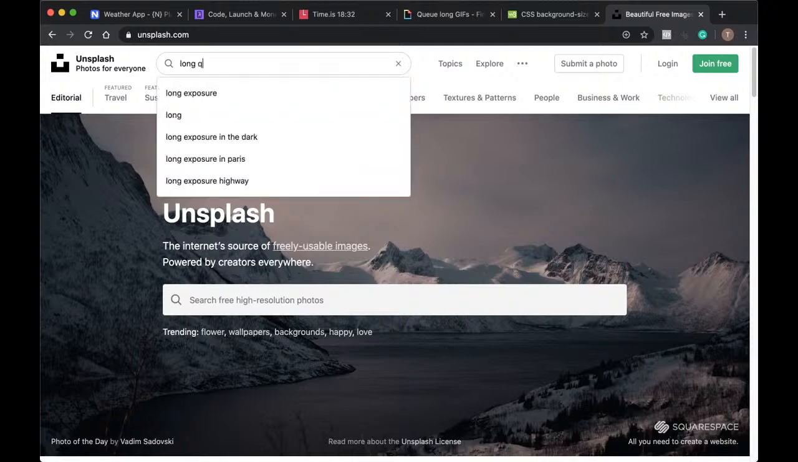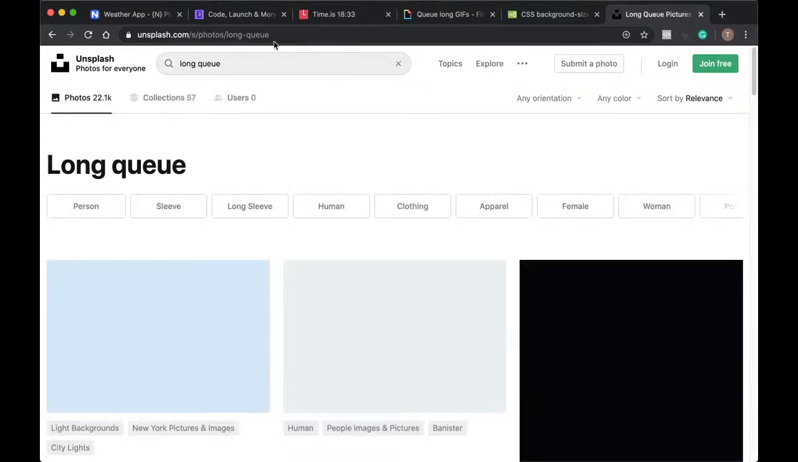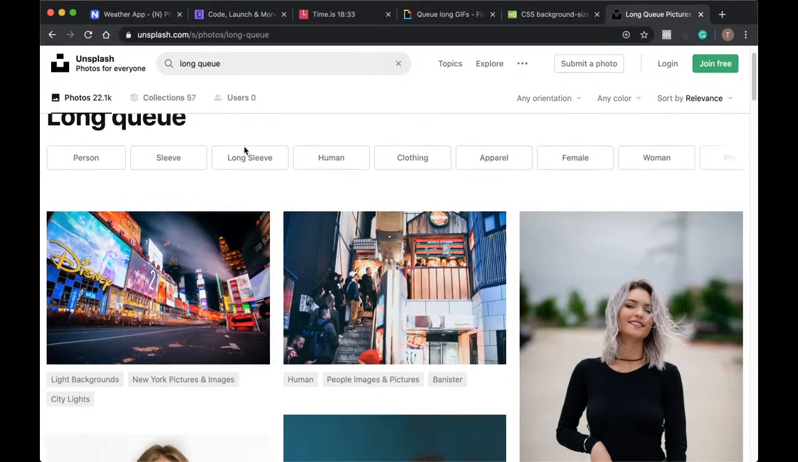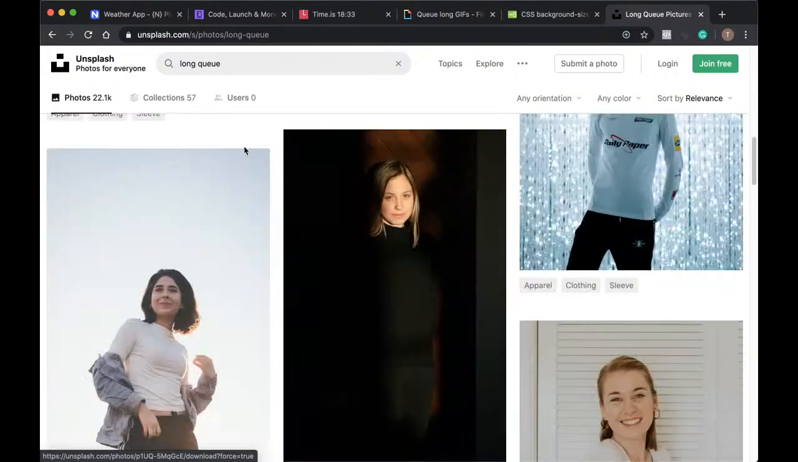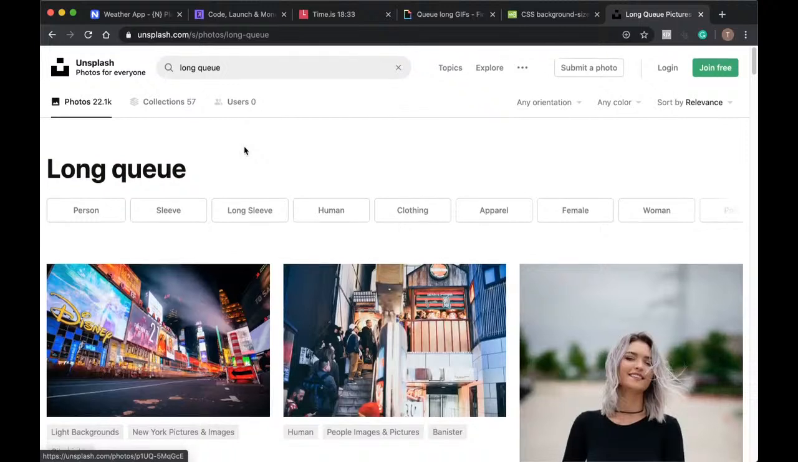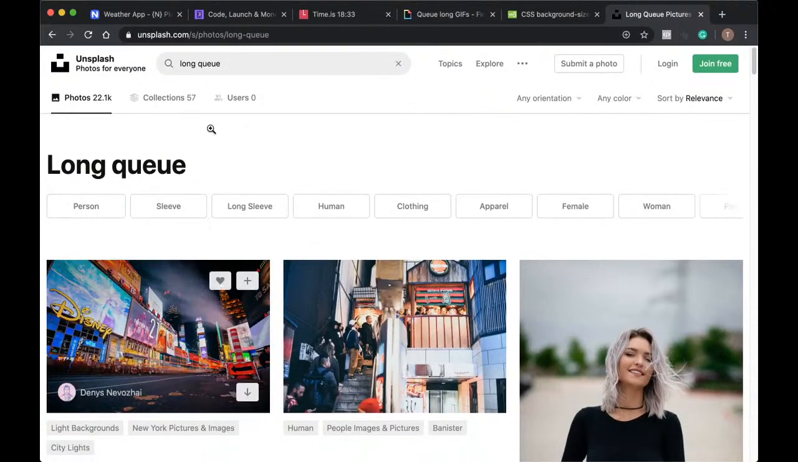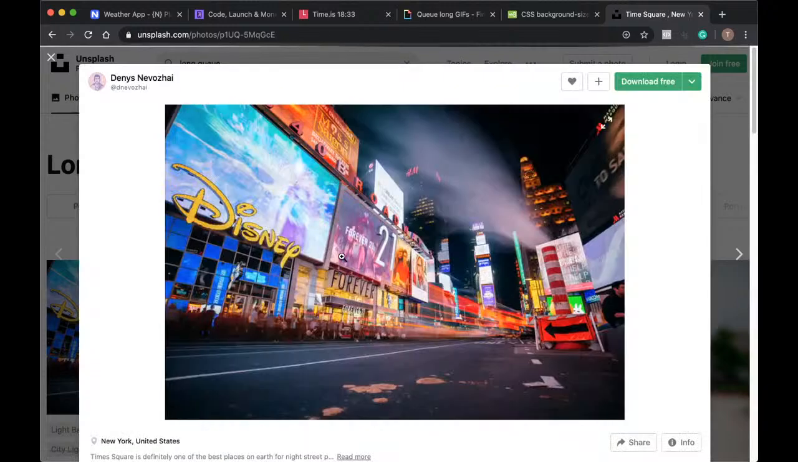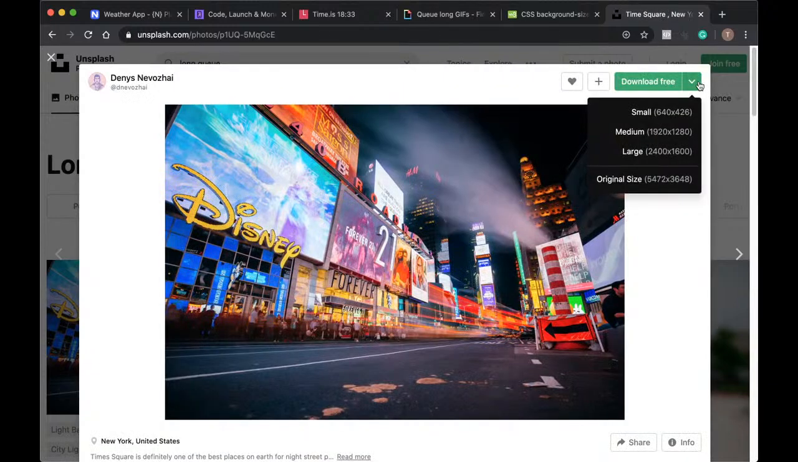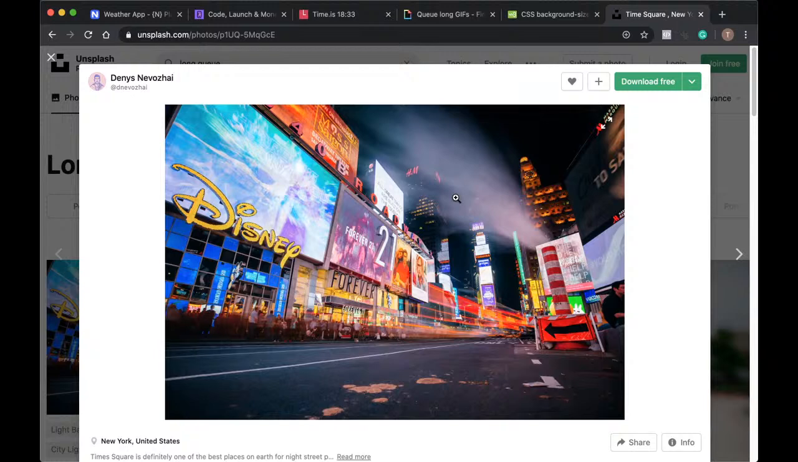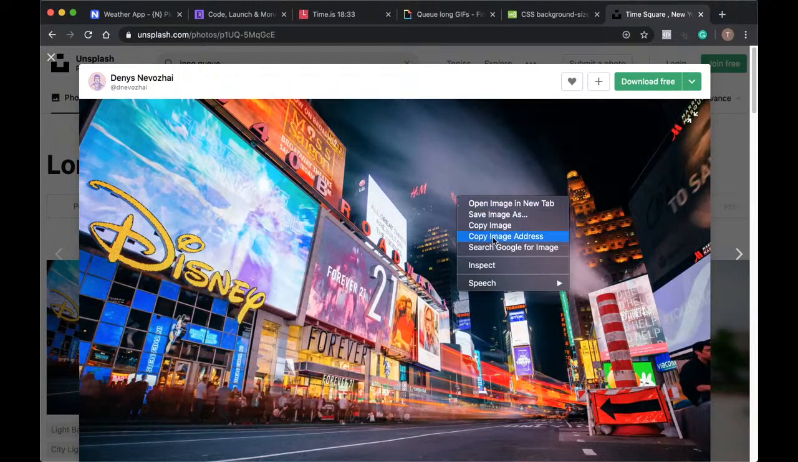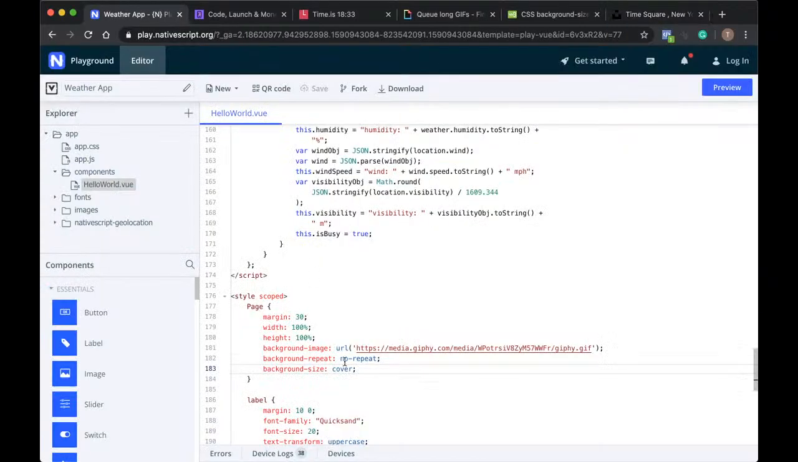So if I do a long queue, they don't really have a queue, but right. I'm going to pick this image and then I'll need to copy the link somehow. So copy image address by right clicking, change that here,